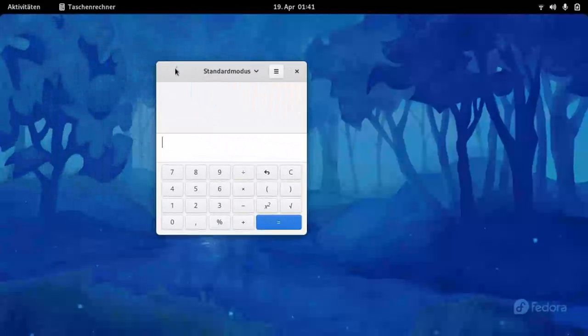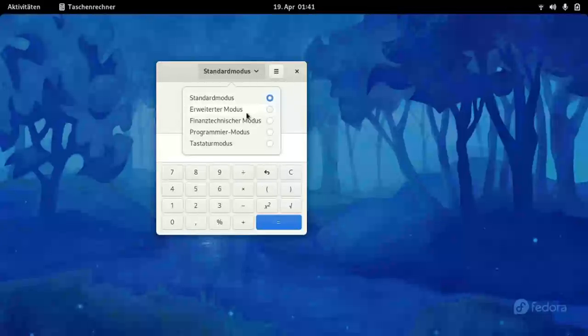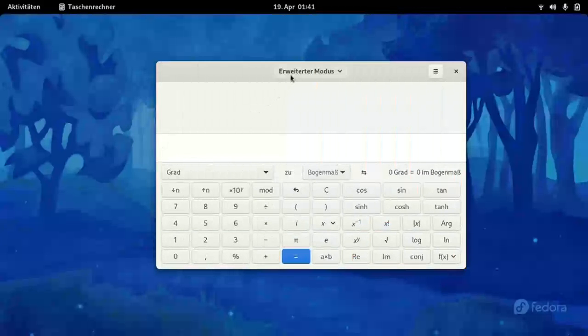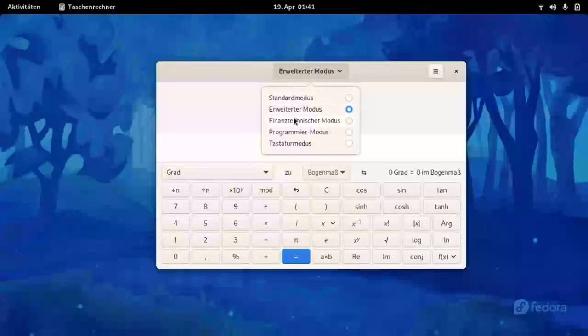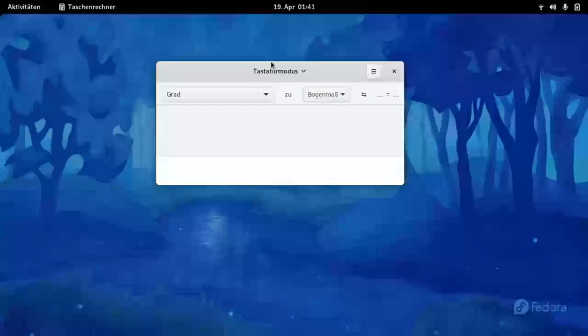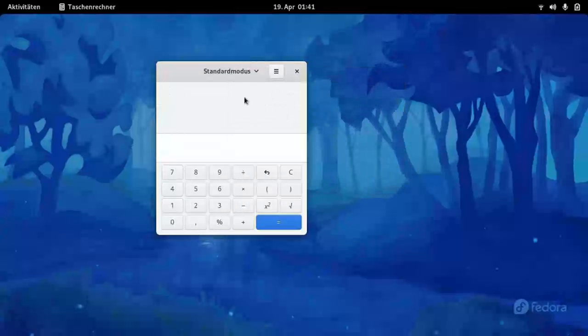Taschenrechner, which means tables calculator. So standard, and I think they have scientific, weighted modus, more advanced modus, I suppose. Financial, programmer, and Tastatur. Tastatur is keyboard. Oh yeah, it's keyboard. So yeah,